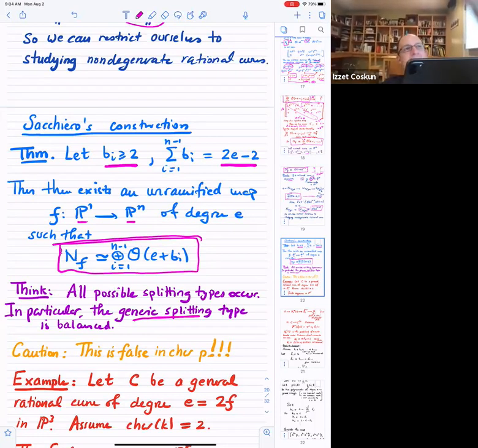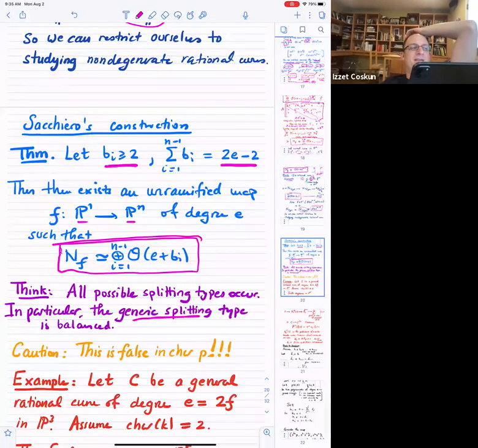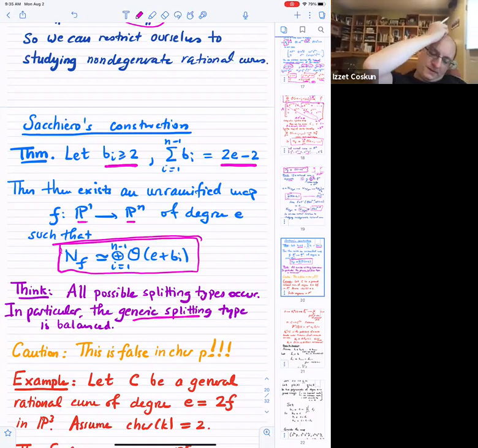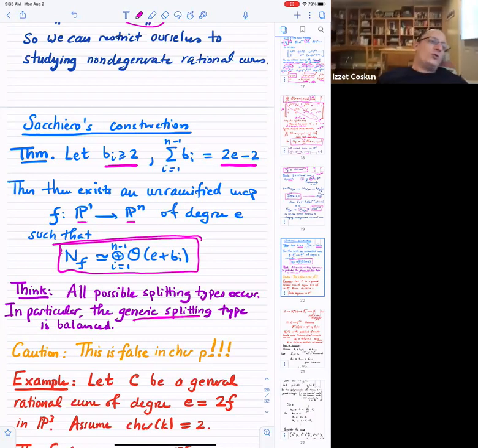So in other words, what you learn from this is that if you pick a random rational curve in projective space Pn of degree at least n, then the normal bundle of that is going to be balanced. And then, all allowable splitting types also occur. You can find a map like that. Okay, let me explain the construction, which is